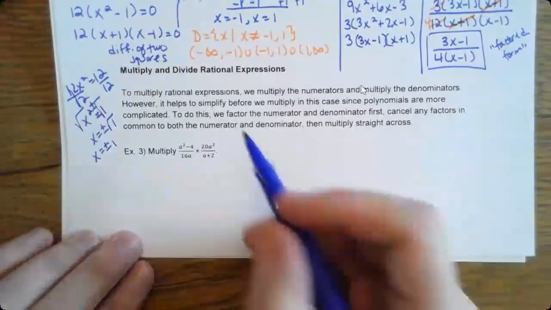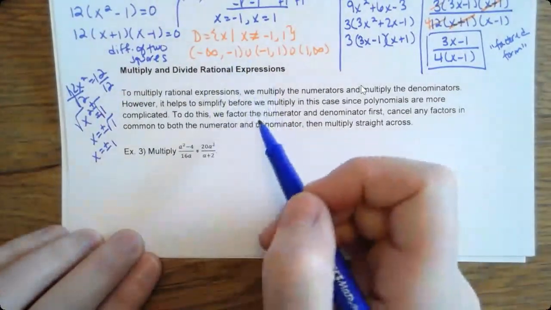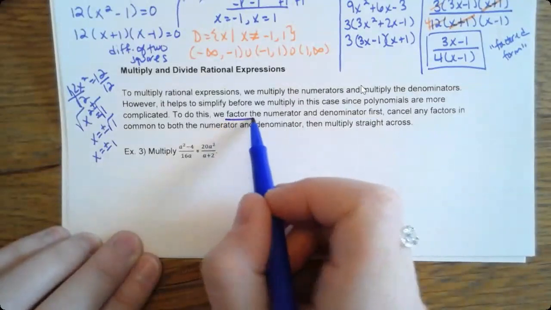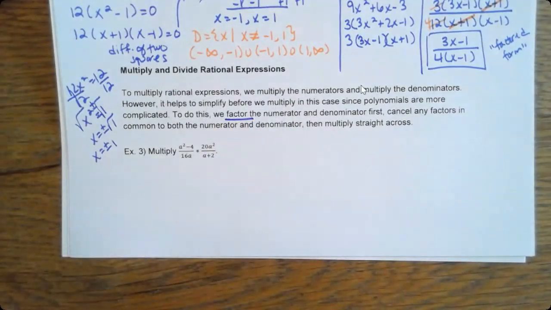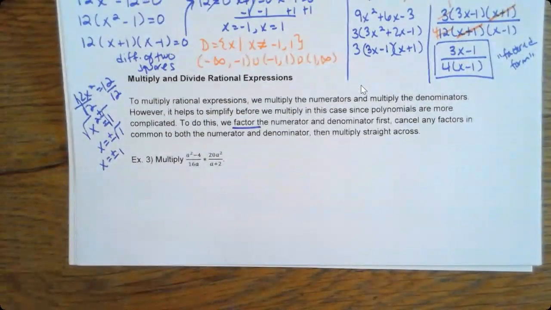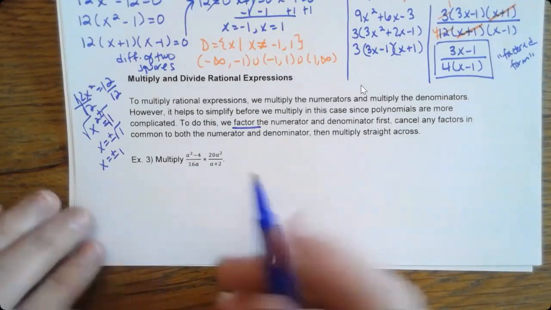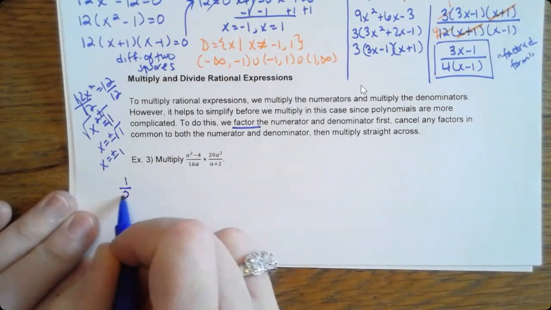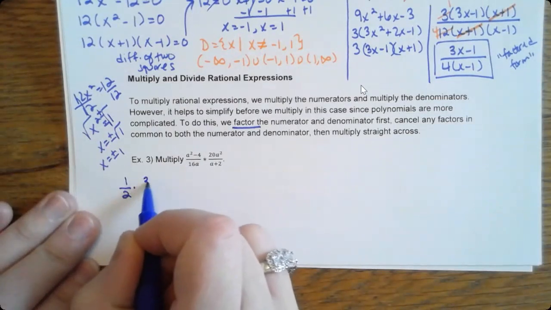And again, you're going to see a repeat strategy where we factor everything first most times, and then that will allow us to cancel out factors in common, and it just makes the rest of the work much easier. So think about how we do a regular problem, right? If you were multiplying a fraction like 1/2 times 3/4,